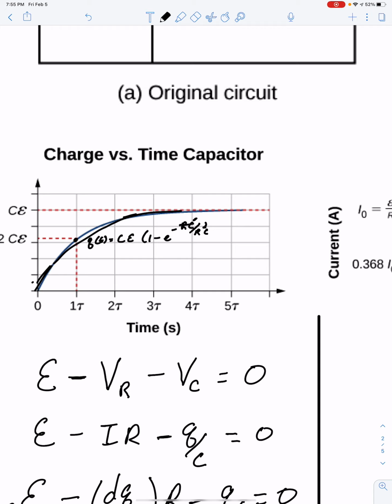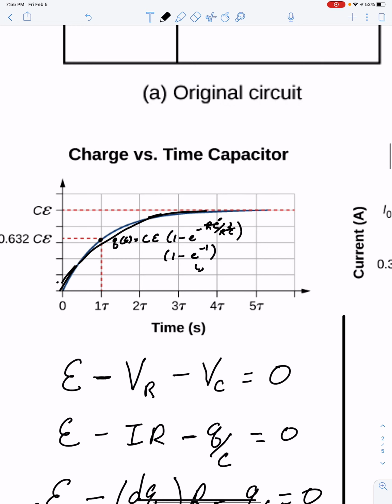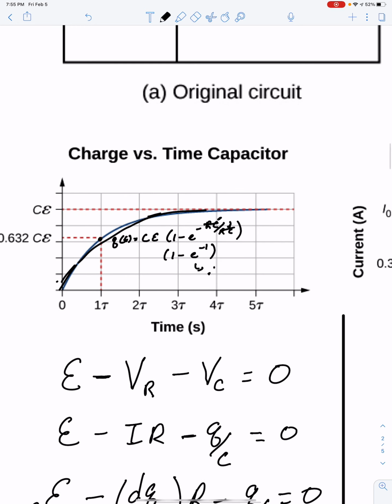They cancel out, and what you have left is 1 minus e to the negative 1. E to the negative 1 has a value of 0.368. Now subtract 1 minus 0.368 and you'll get